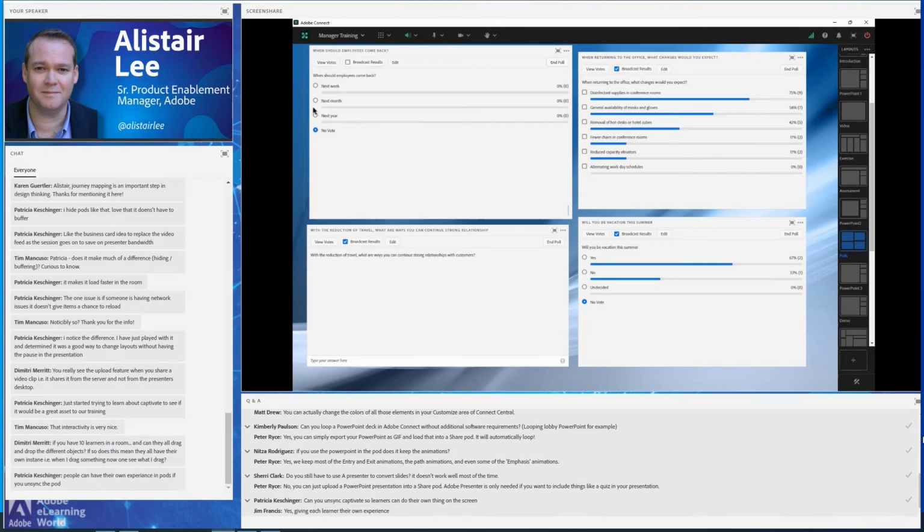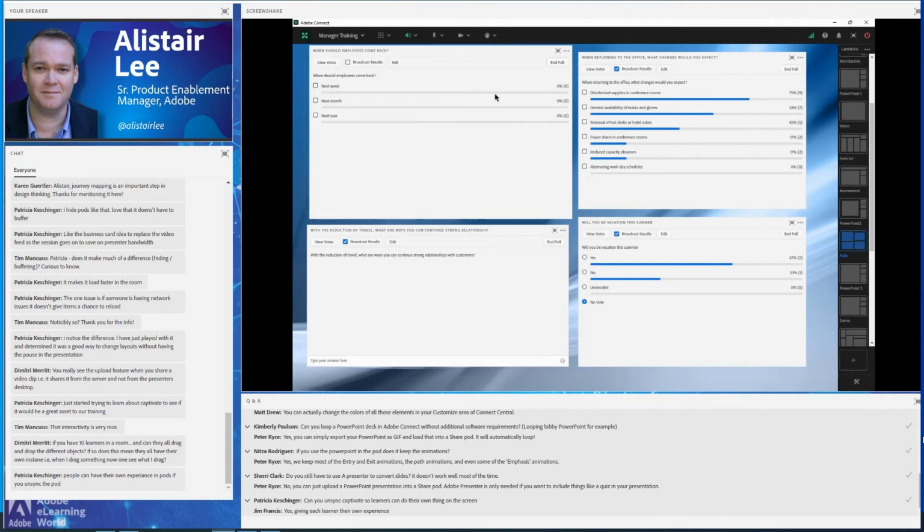If I make this into a multiple choice poll, I can open the poll up, and these are radio buttons. So you can select one of these different options. If I try to select a second, it changes my response. There are no submit buttons with Adobe Connect polls. You just click on the answer, and that automatically submits it. If you want to change your answer, you can change it until the poll has been closed when I hit the end poll here.